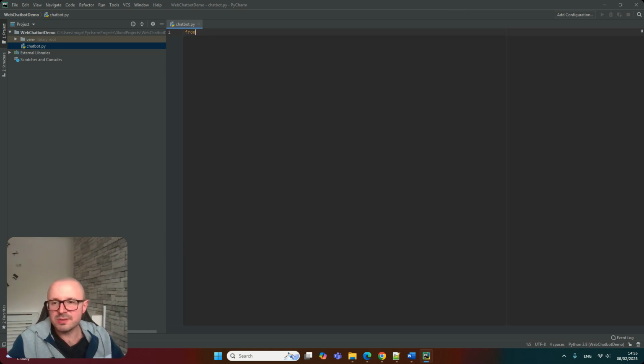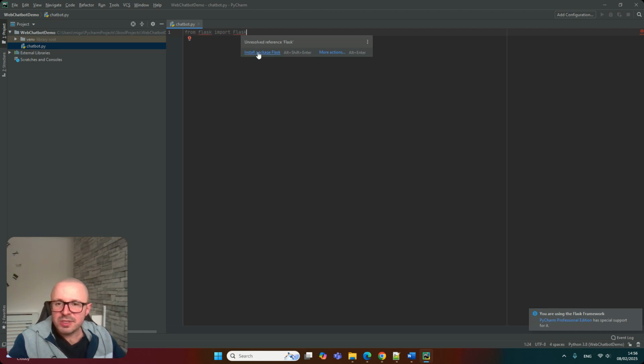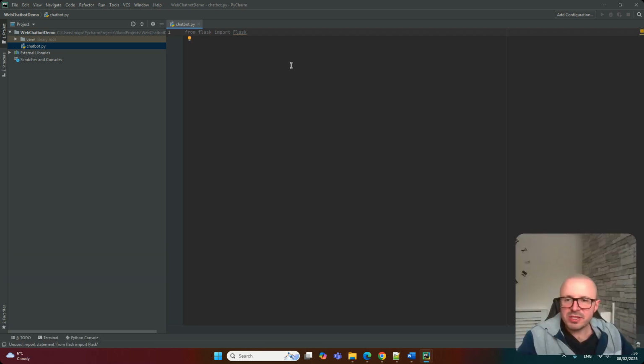So let's see if we can import it. And I believe we probably need to install it. So in this case, you just click on install package and then let's give it some time. So the package has been successfully installed. And now what we can do is we can actually create a web application with a single web page. And then we can use this as an example on how to create the chatbot and then add it to